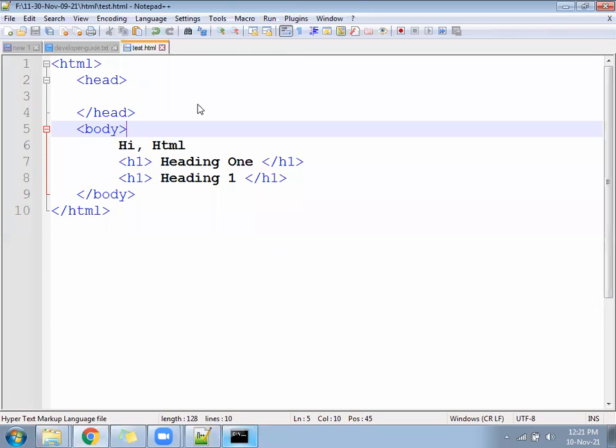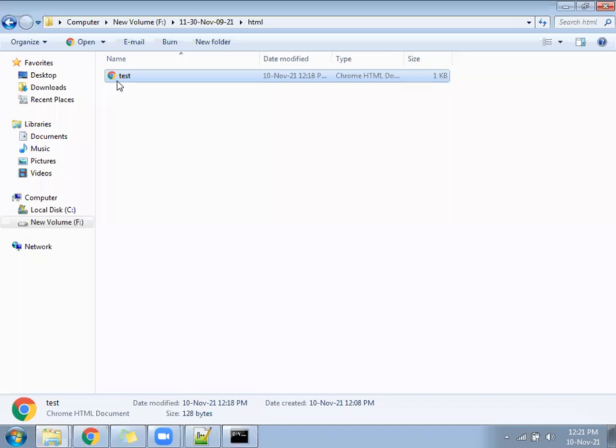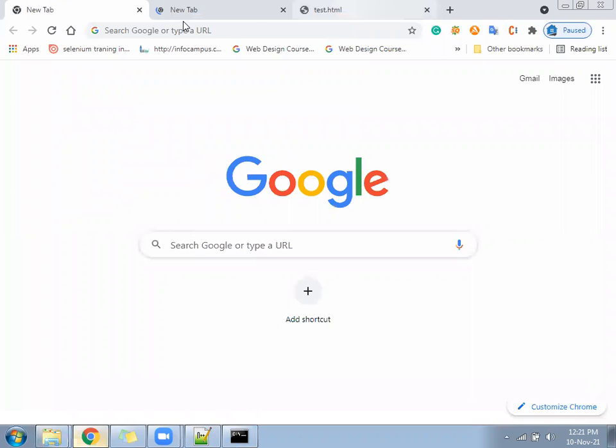And one more option we have: go to the HTML folder and double click on the file, test.html. It will open in the default browser and show you something like this.